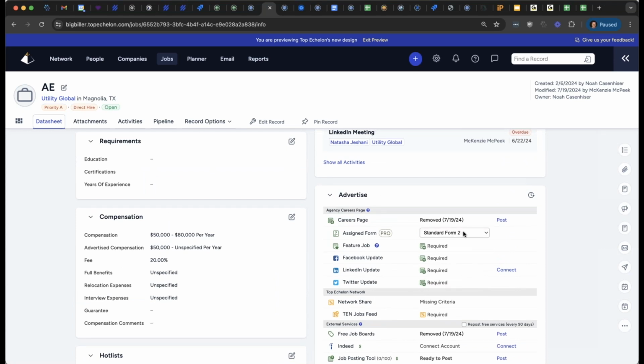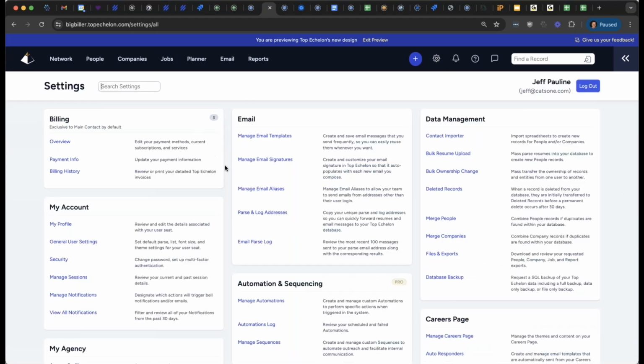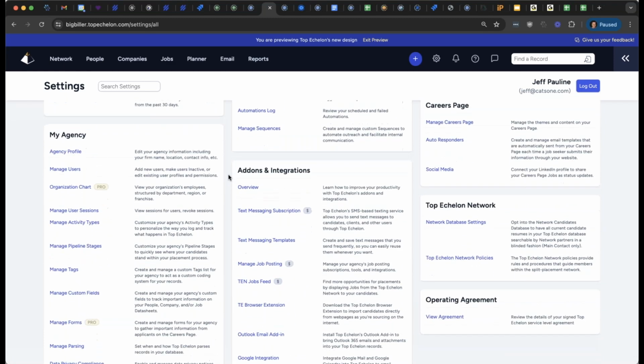And you can assign forms to jobs the same way you would build an application in CATS. You can build out a custom form with a number of different questions on it. So that way the candidate has to answer certain questions before applying. We did go a little bit further with the forms feature. I'm kind of going off script a little bit, but I wanted to show how forms work because they are